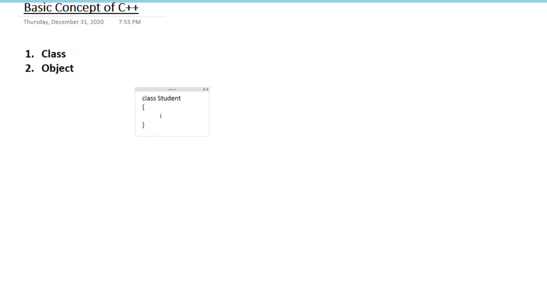Then we have a variable int, suppose a roll number, and a string name. Then public. So what is public here? Public is an access specifier.